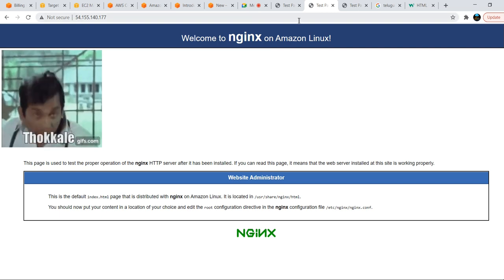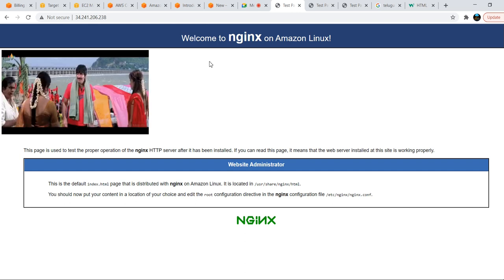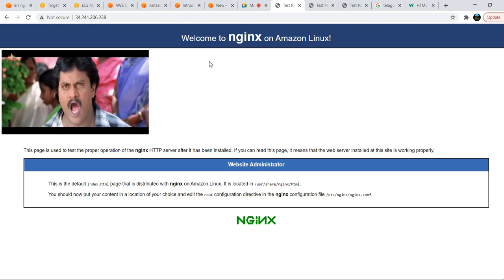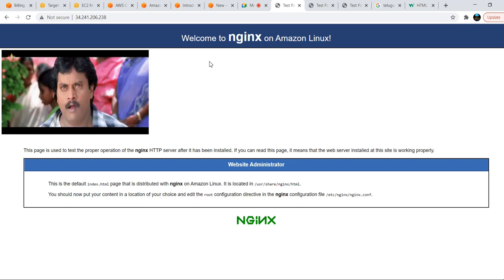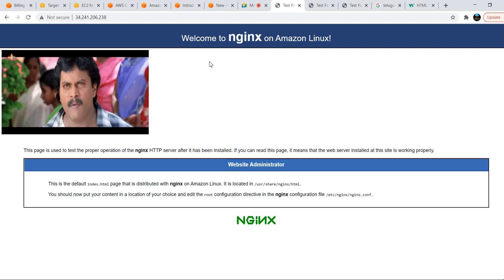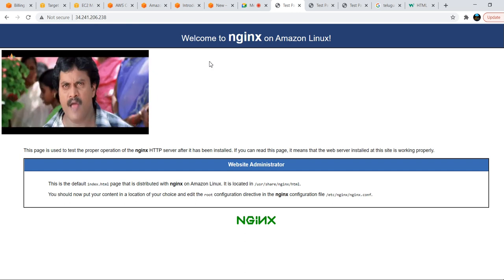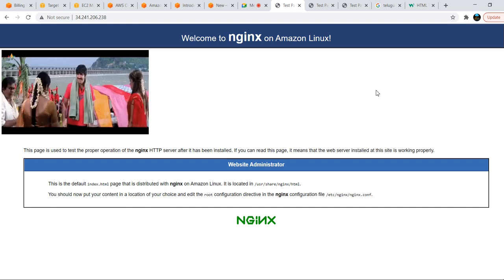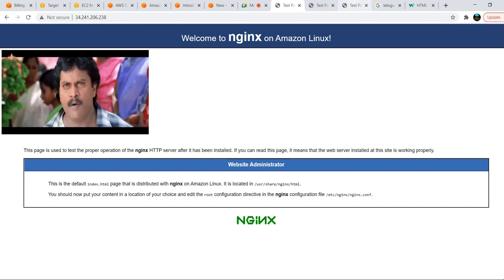Two servers have different content, but in real time we will have only the same content, because if you are accessing the ICICI Bank application, it needs to open the ICICI Bank application for all the users. So for me it will open ICICI, for you it is opening HDFC. It is a faulty website. We need to always have the same application in the backend, but in our case we are just testing the load balancer, whether it is distributing the traffic to the backend machines.